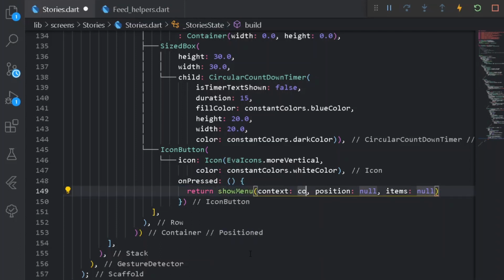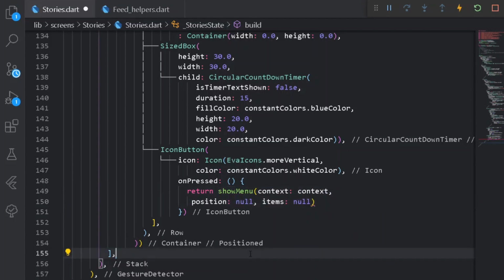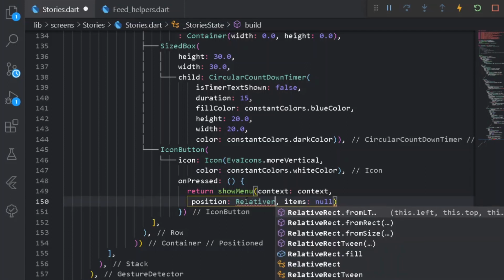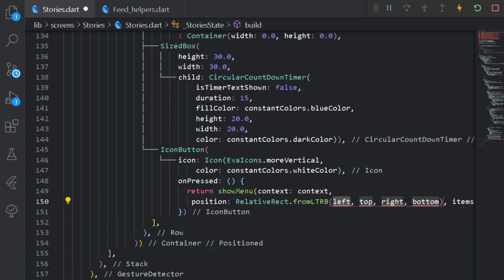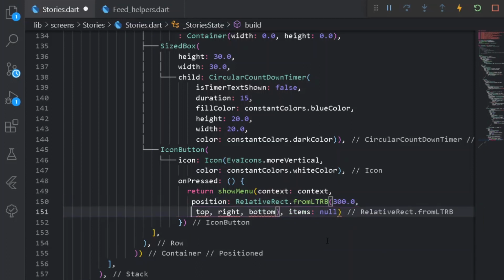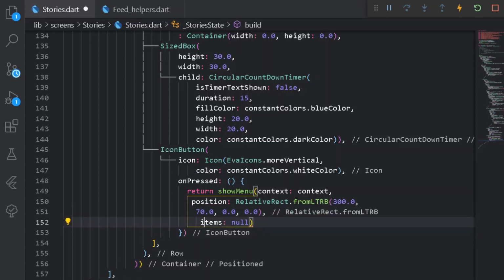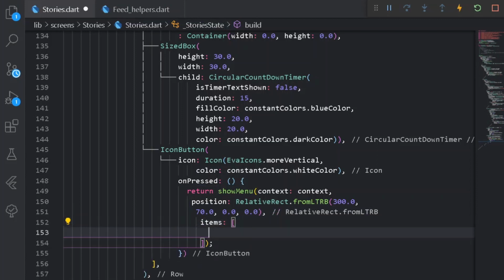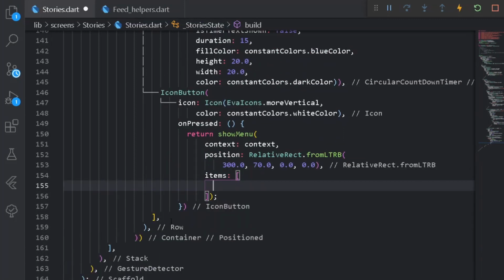So under our menu, first of all it will be having a context. Easy. Also let's have a position for it. So here under position, I can have RelativeRect.fromLTRB, that is relative from left, top, right and bottom. Let's have from left 300, more precise, and from top I shall be having a 71, and from right it will be requiring a 0. Also from bottom it will be requiring a padding of 0, and after that it will be requiring all of the items. So here under our items we can have the list of all the items. So here under our list of our entire showMenu items, first of all let's have a popup.